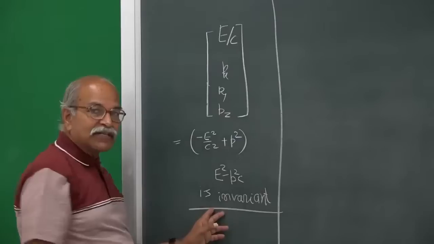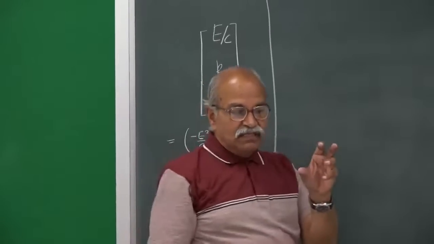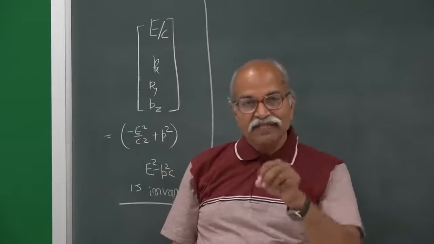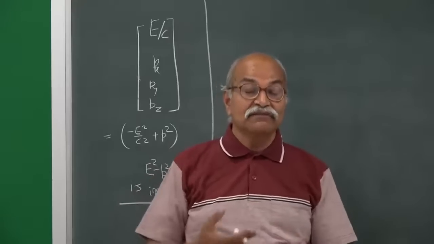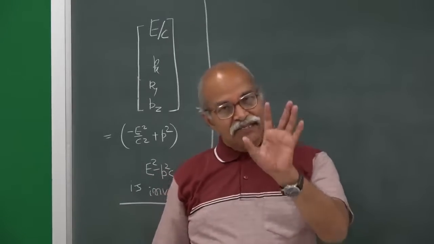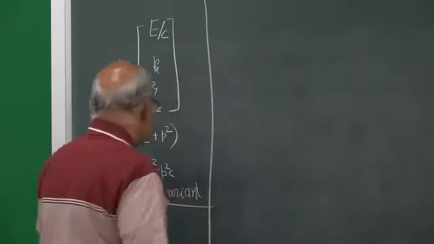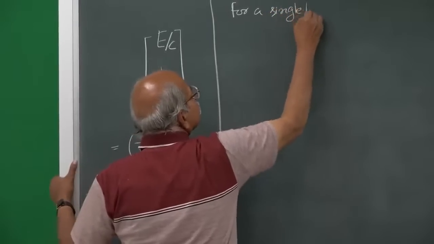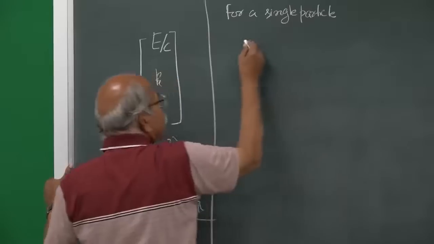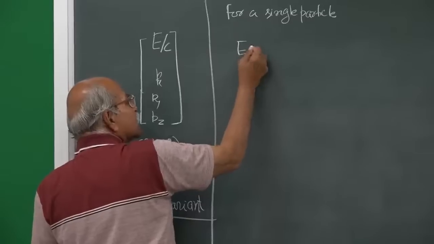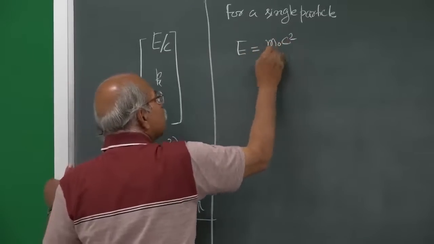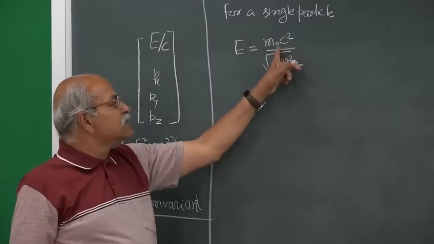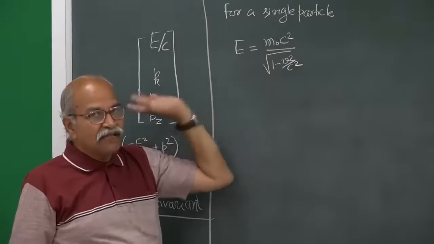Now, we can check this for a single particle. A single particle means the inner structure does not change. If there are subparticles, if there are parts, and the movement of those parts or the interaction of those parts does not change, we can treat it as a single particle. So, for a single particle, you know that this E is the total energy, this is m naught c square times gamma, and this whole quantity is called the relativistic mass m, and then you write E is equal to mc square,